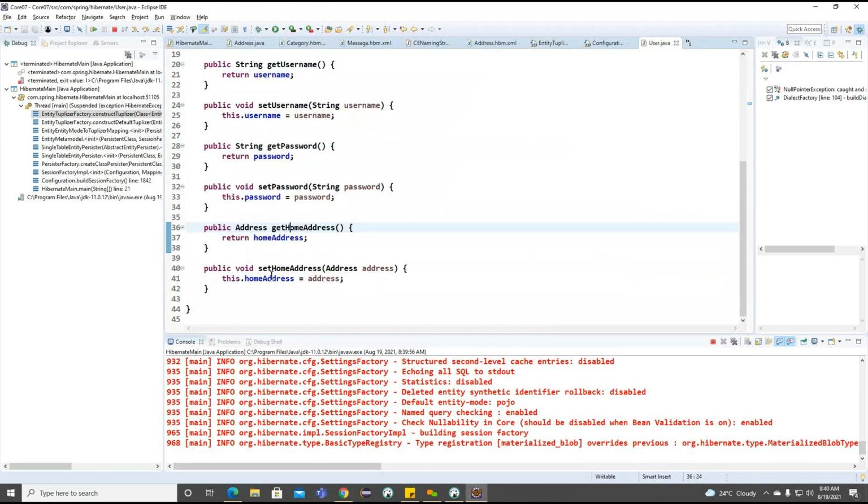Where is our user class? And how we are going to connect this user? Let's see what we are missing here. One-to-one code address, billing address ID.